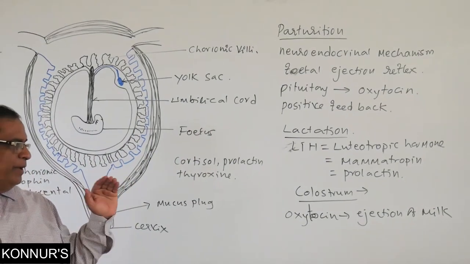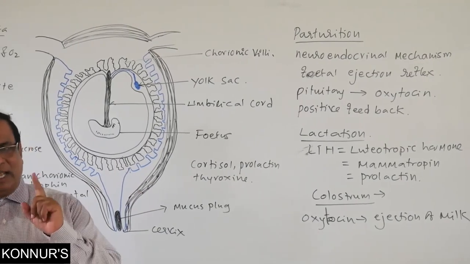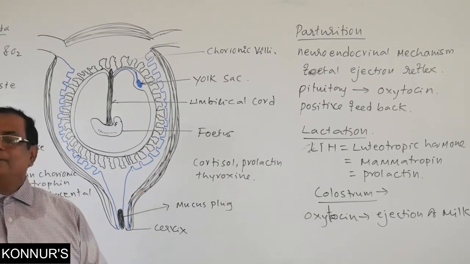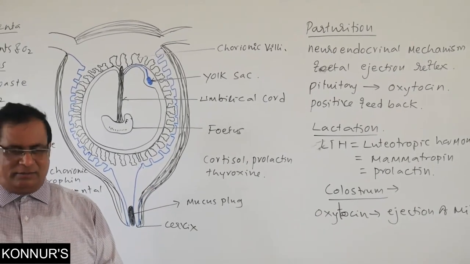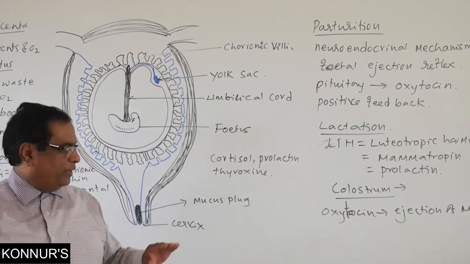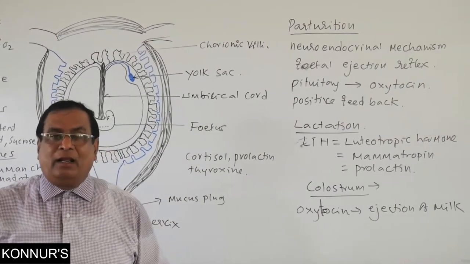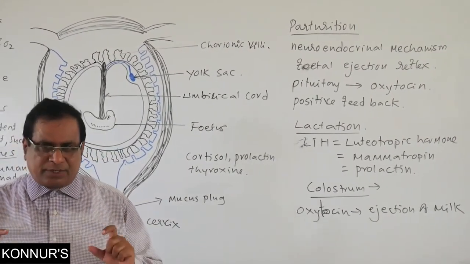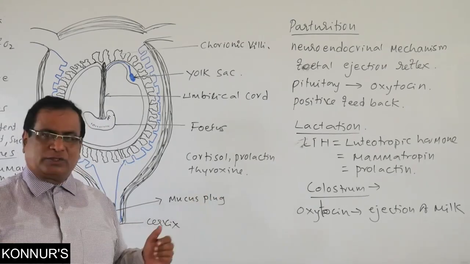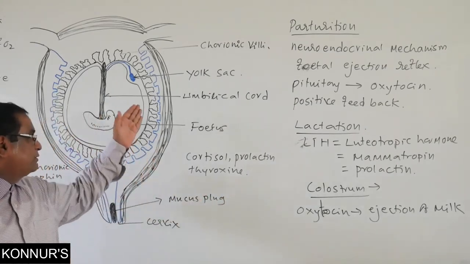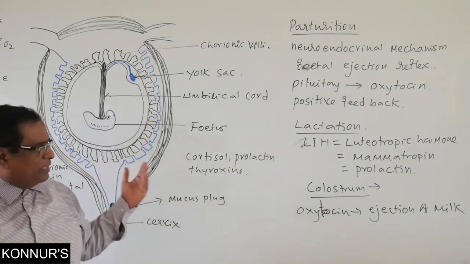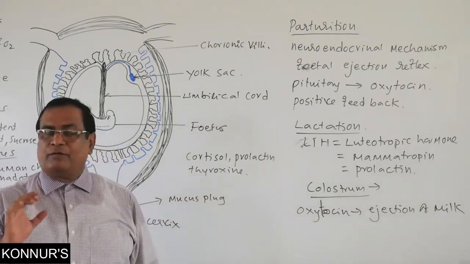Prolactin or mammotropin or LTH helps for the production of milk in the mammary glands, and oxytocin is the hormone which helps for ejection of milk from the mammary glands after childbirth, because at the time of childbirth, delivery, oxytocin is produced. Oxytocin plays a very important role in contraction of the uterine wall, and it even helps for ejection of milk from the mammary glands